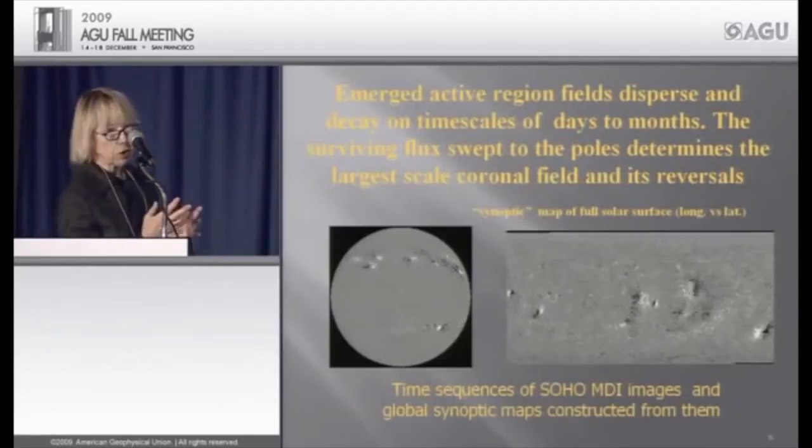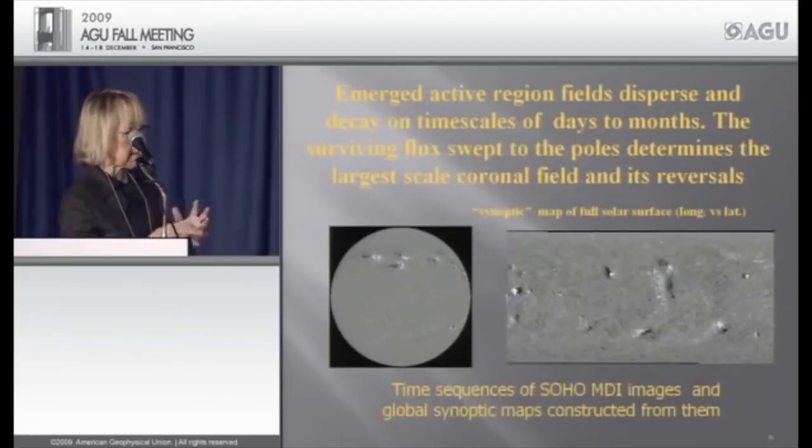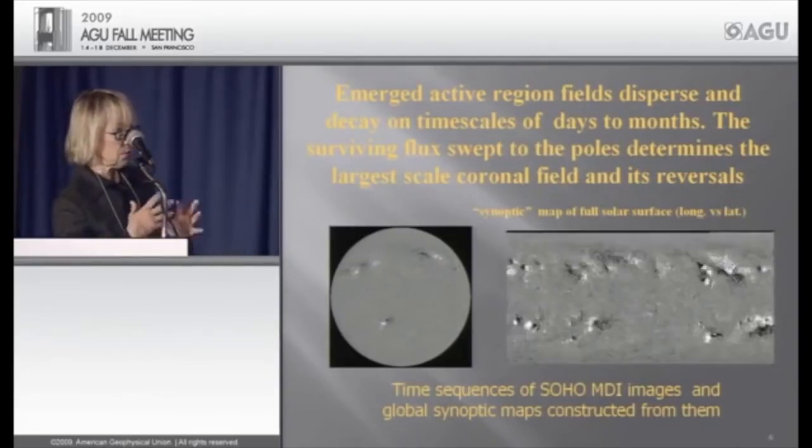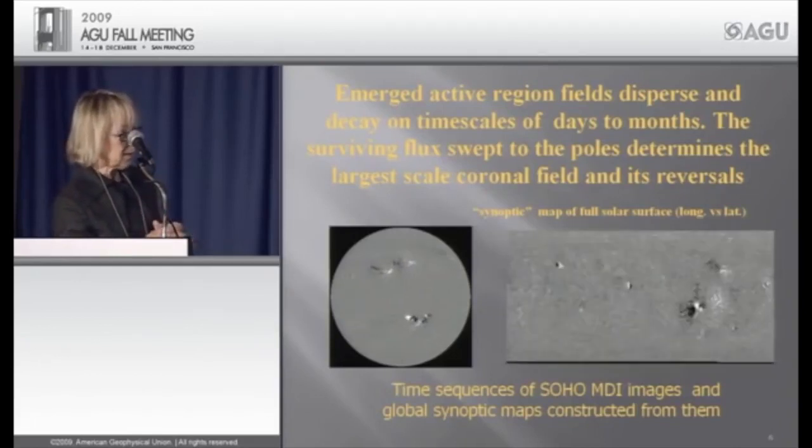Now, these emerged active region fields disperse and decay on the surface of the sun on timescales of days to months. The current understanding is that